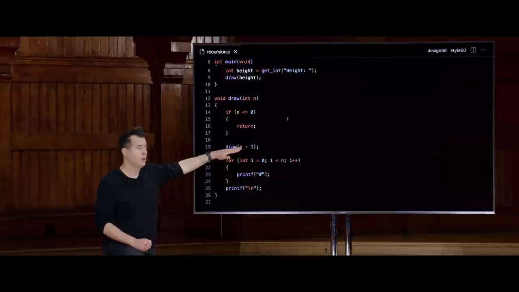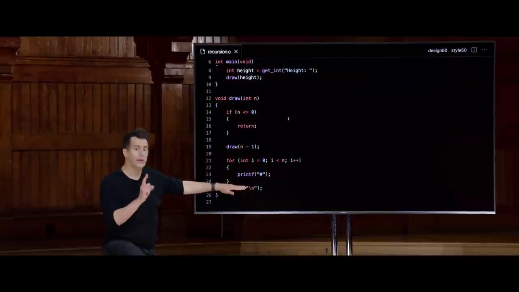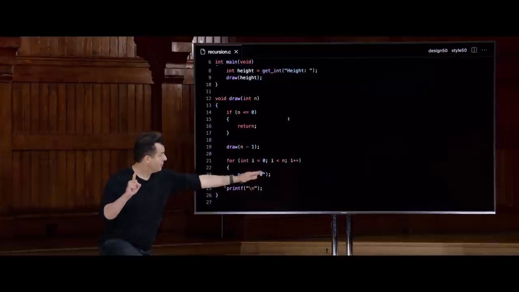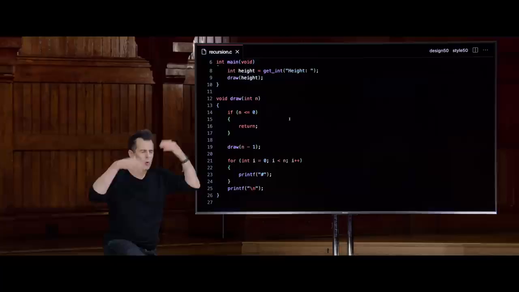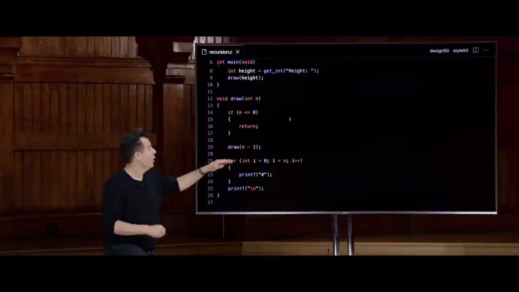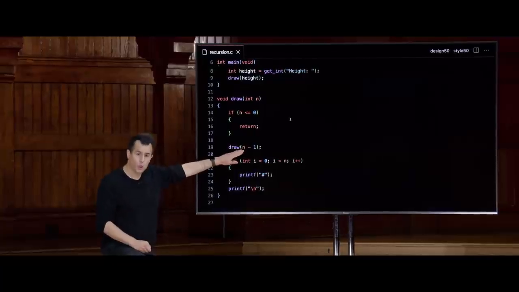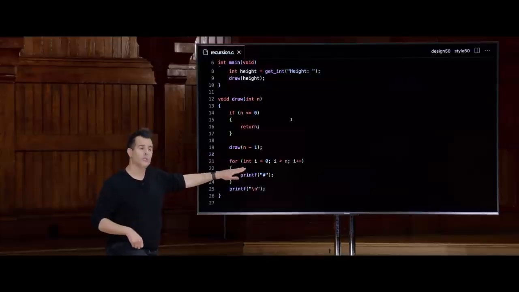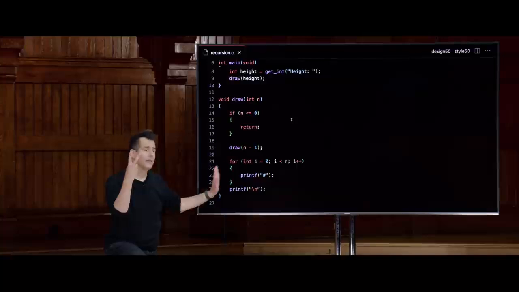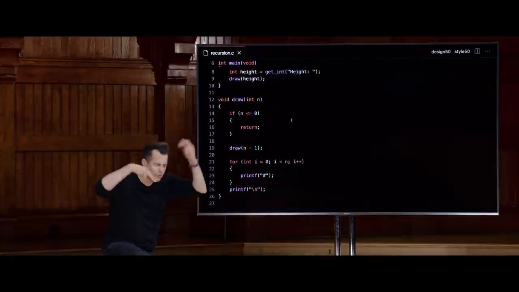What do I then do? Then draw one more row. And if n at this point in the story is indeed 1, this for loop is designed to print one hash. Then the function will end. And if you rewind in your mind's eye, how did we get there? Well, I asked to print a pyramid of height 2, but I first asked to print a pyramid of height 1. But all I have on the screen is a single hash. But I add another row to that. And if n equals 2 now, that gives me 2 hashes. Then this finishes. Now we rewind again.